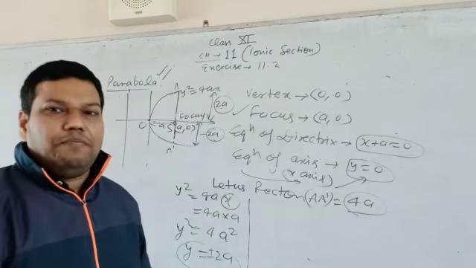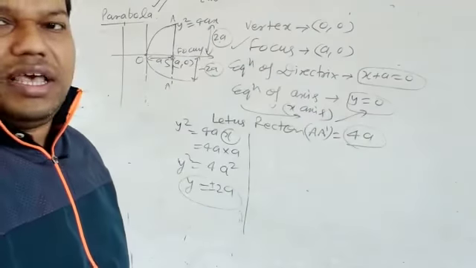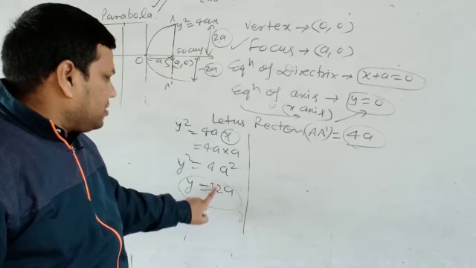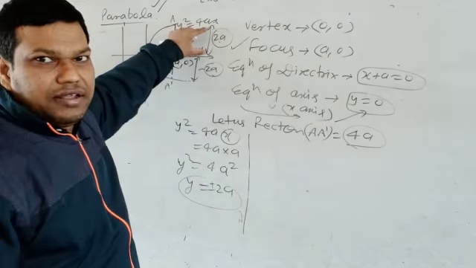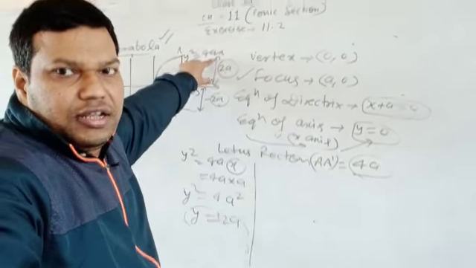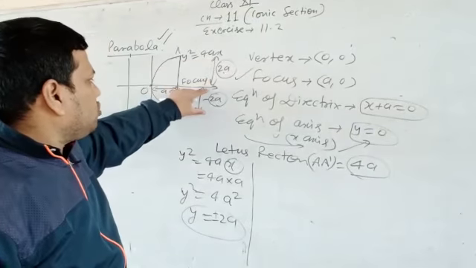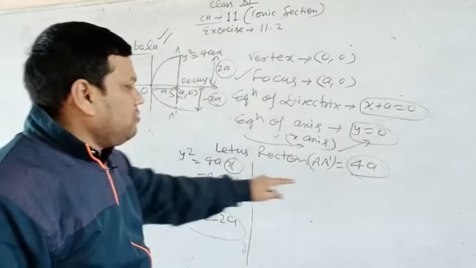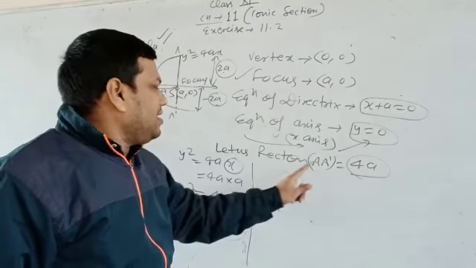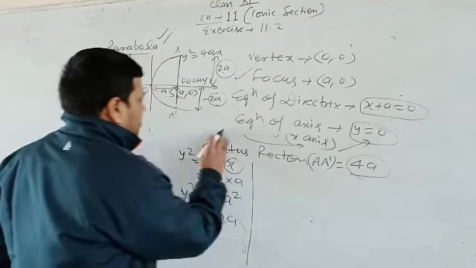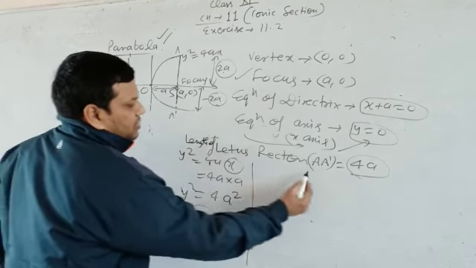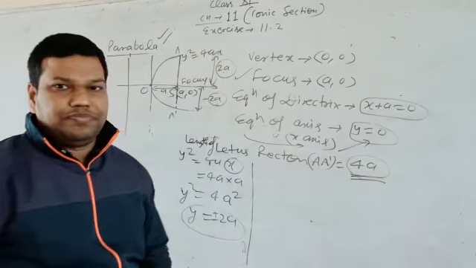So these are the important formulas. You can see there, I have calculated this 4a square and then plus minus 2a, plus 2a is there in the figure, and minus 2a, but length is always positive, the distance is always positive, so we can say that the length of latus rectum is 4a, right guys?